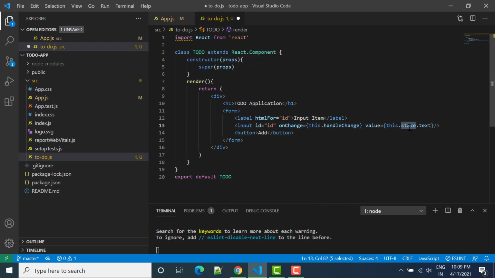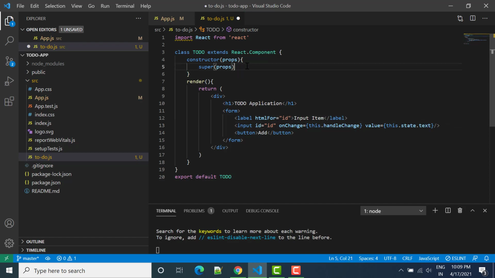State is one of the features available in React.js, which is used to store data throughout the class. We cannot use a state outside of the class or function or component, but we can use this state inside the component. So here you can see I have added state.text.